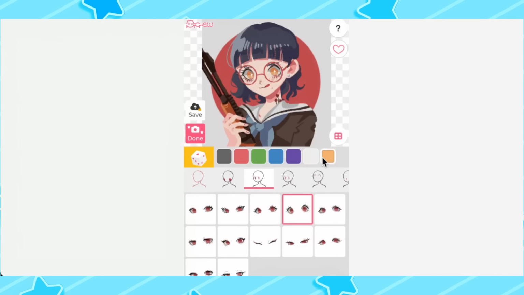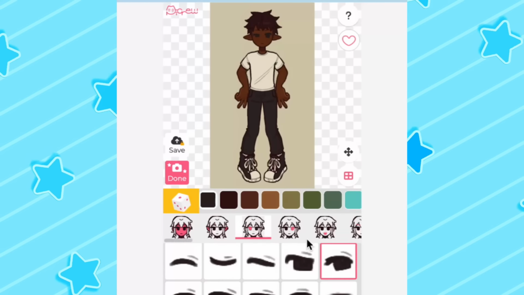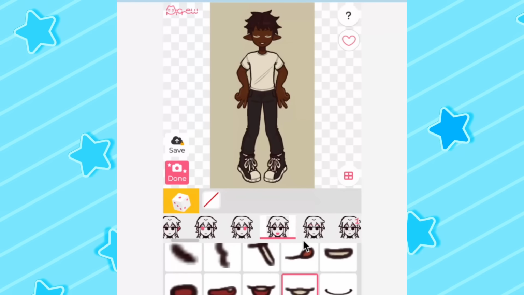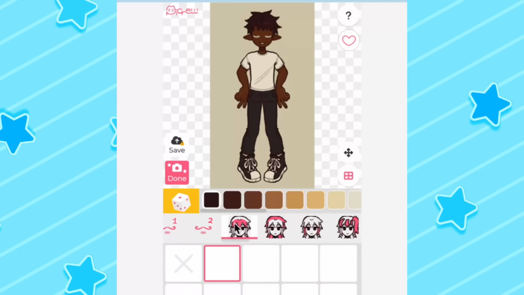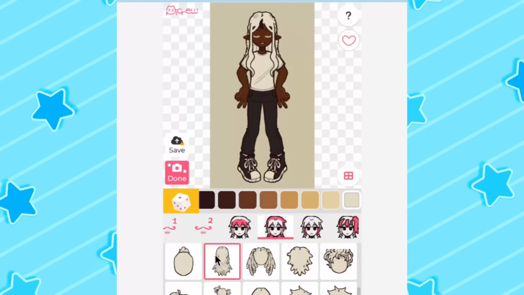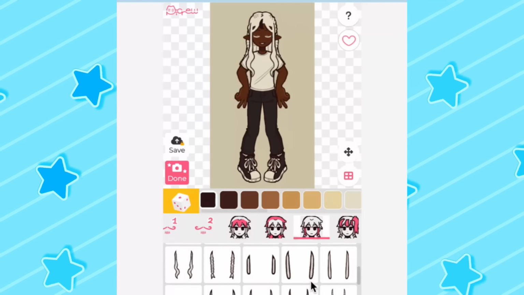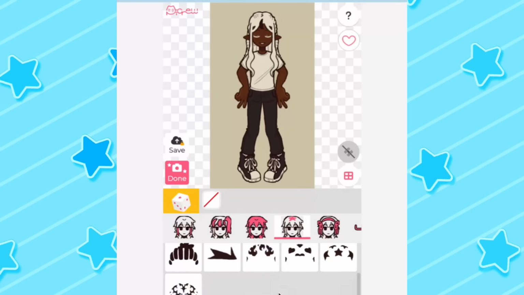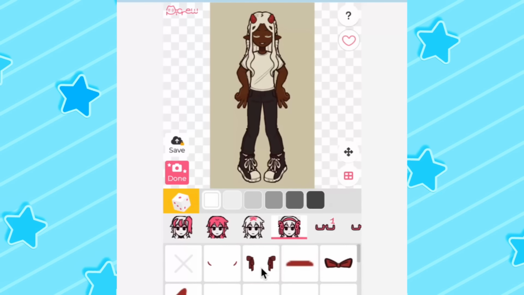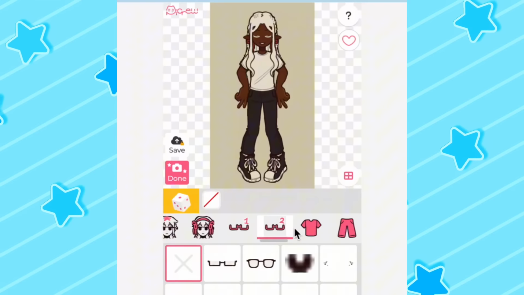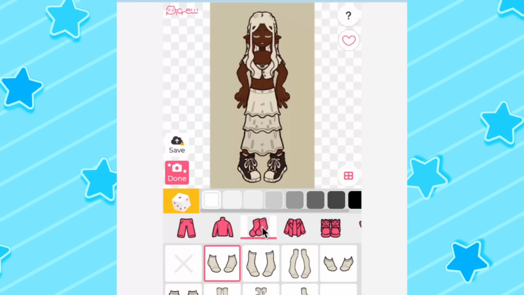For Picrew specifically, make sure to read the rules that the artist has put in place on how you can use the images that you can make in the creator. Some are fine with reposts on social media and for use in profile pictures and whatnot, but aren't okay with commercial use. When in doubt, go with the safe option and keep your images just for personal use or for reference for commissions. I'll leave a few of my favorite Picrews linked down in the description.